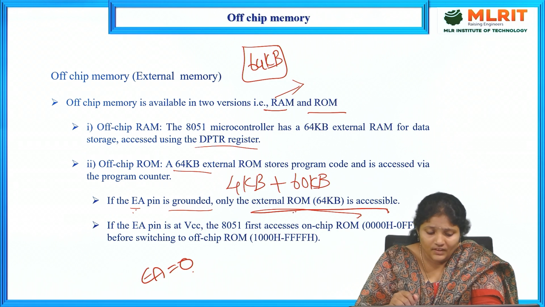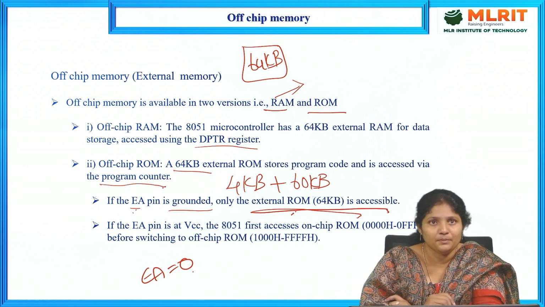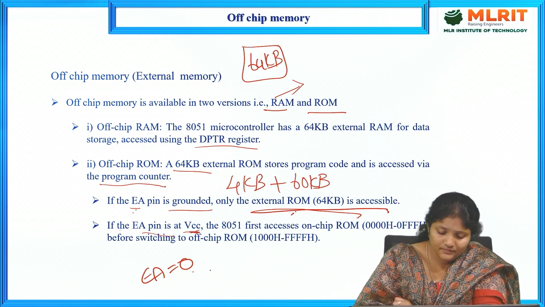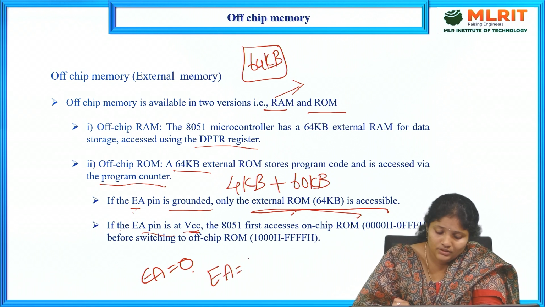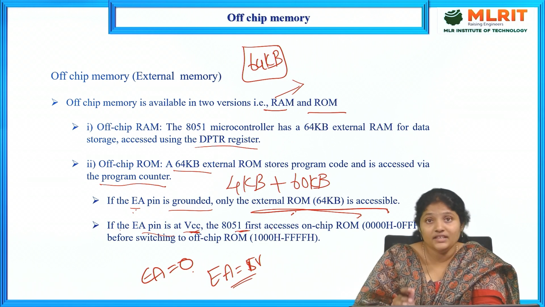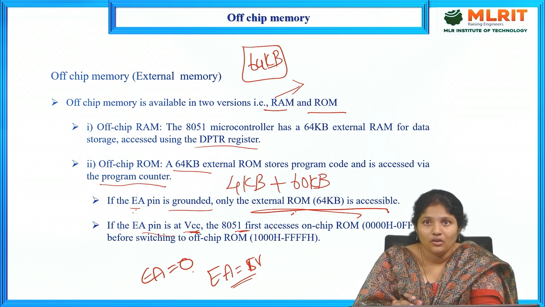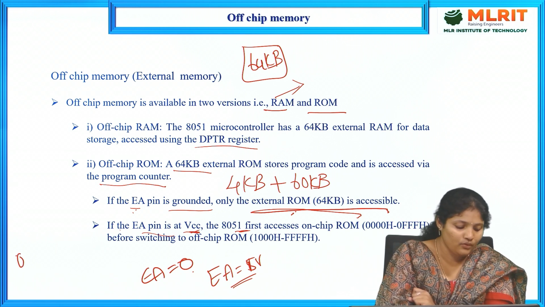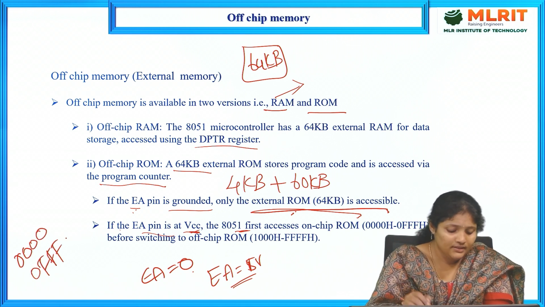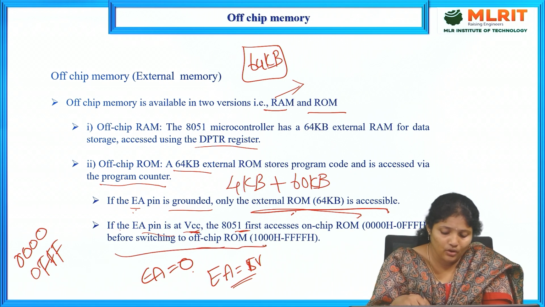And the external ROM will always be addressed by the program counter, PC, which is a 16-bit register. If the EA pin is equal to VCC, that is EA equals 1, like if we are using 5 volts, then 8051 first accesses the on-chip ROM, that is 0000 to 0FFF. Then before switching to off-chip ROM,